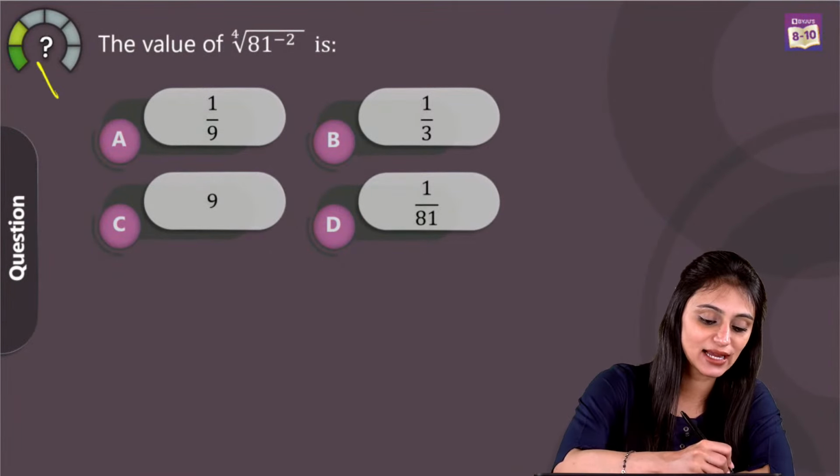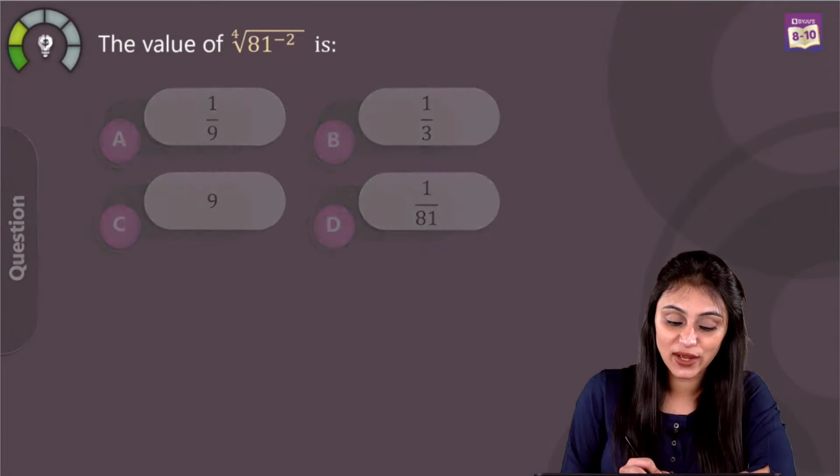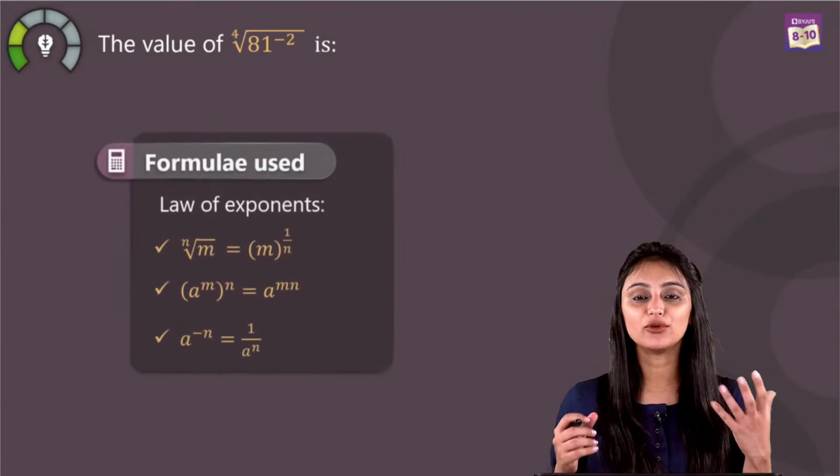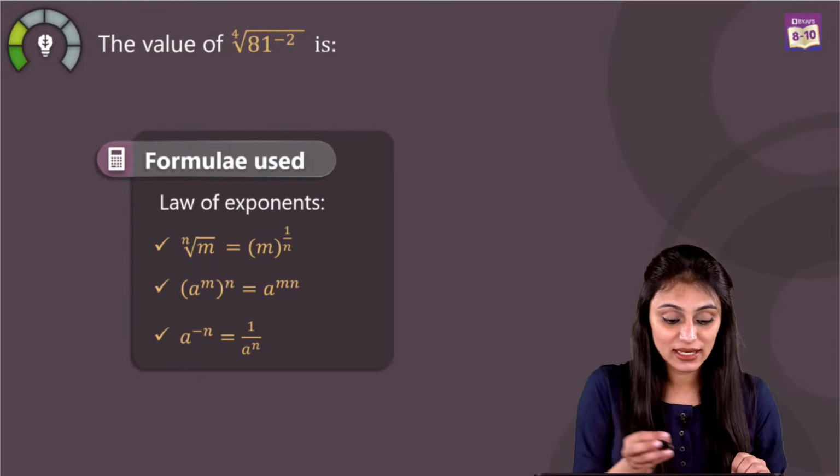And we can see here that this is also an easy one, right? The value of 81 to the power minus 2, 4th root, right, is. So in such kind of questions, what we simply do is, you just have to apply the laws of exponents, right? So that means